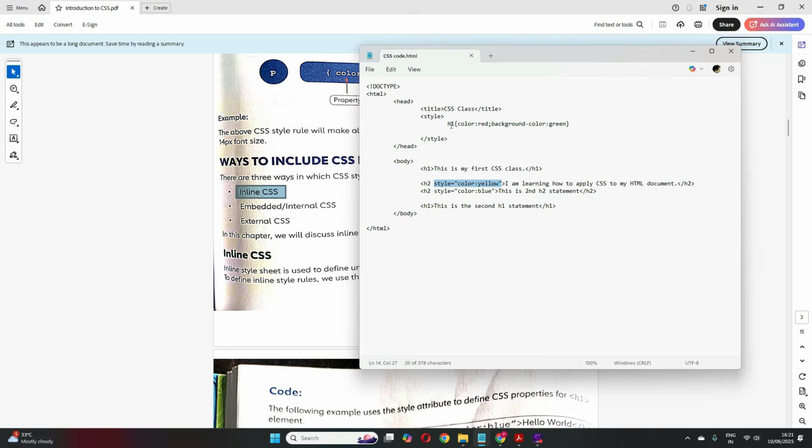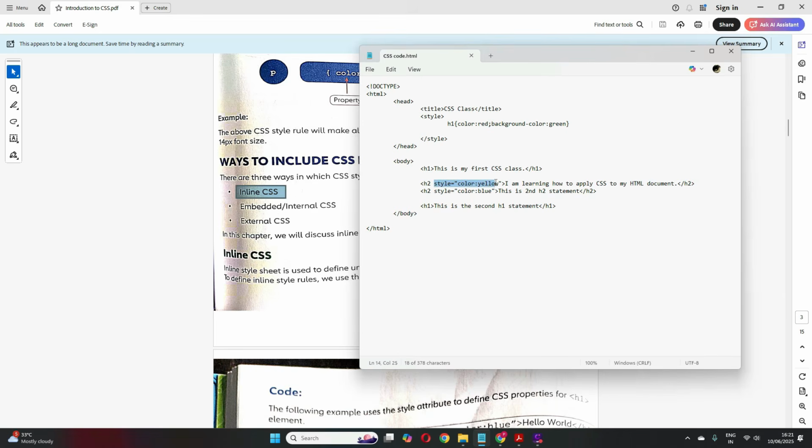Okay, and the syntax for embedded internal CSS we give it like this, style, and then you specify whatever you want, like specify the selector which is your HTML element. Then we have property and value. Color is a property and a value, separated by a colon, and different property and value pairs are separated by a semicolon.